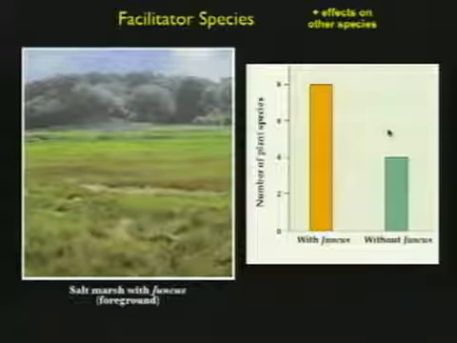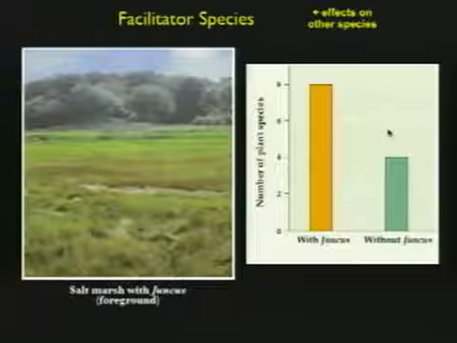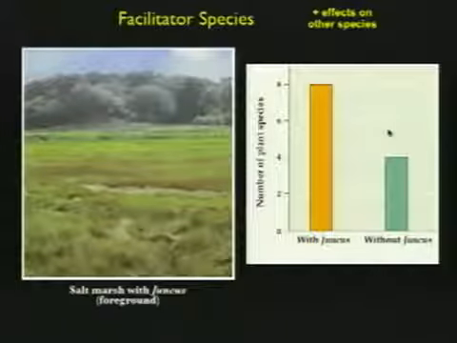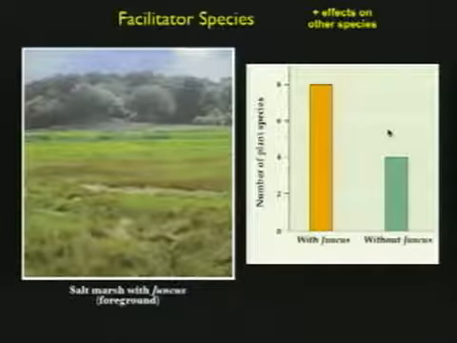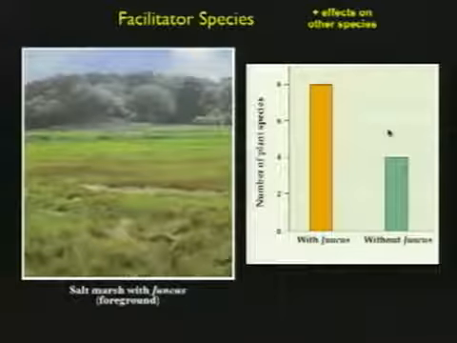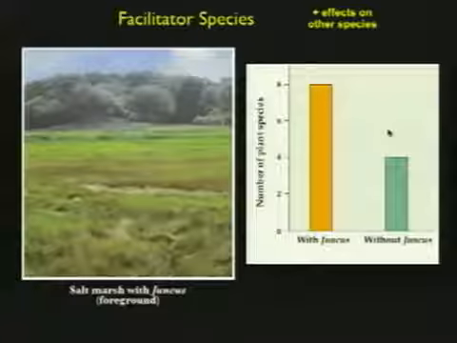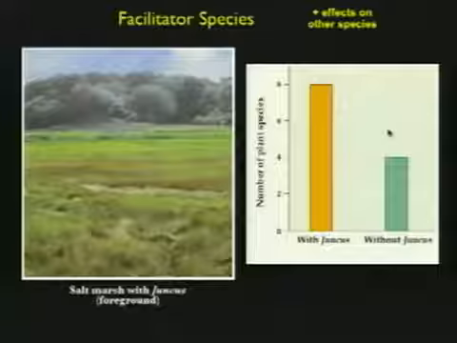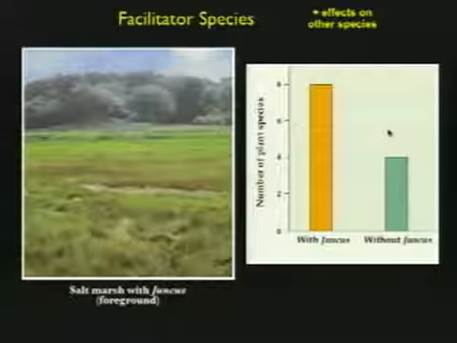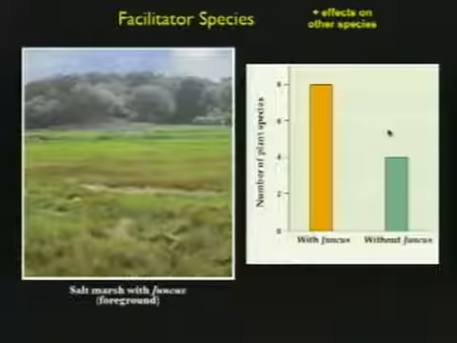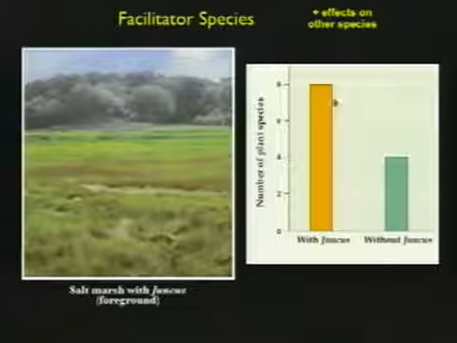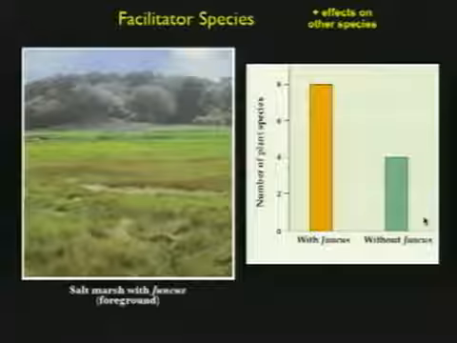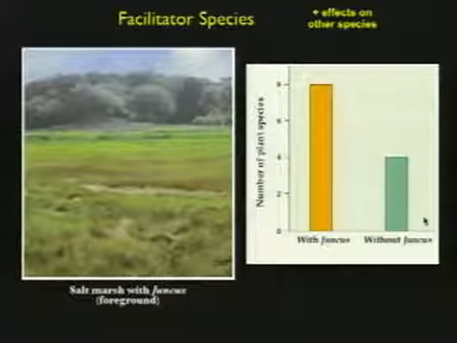Where juncus grows, it shades the substrate in these marshes, creating more moisture at the soil level and reducing evaporation. Evaporation, if high in these systems, would create heavy salt loads and toxify the environment for other plants. Their roots oxygenate the substrate and allow other plants to grow. And you can see with these simple data the effect of juncus on other species there. Call it a facilitator. Okay.